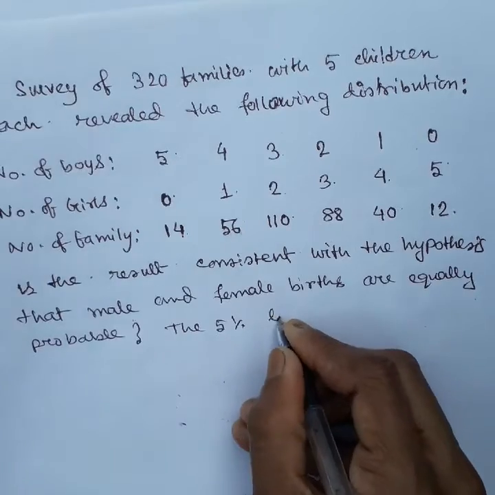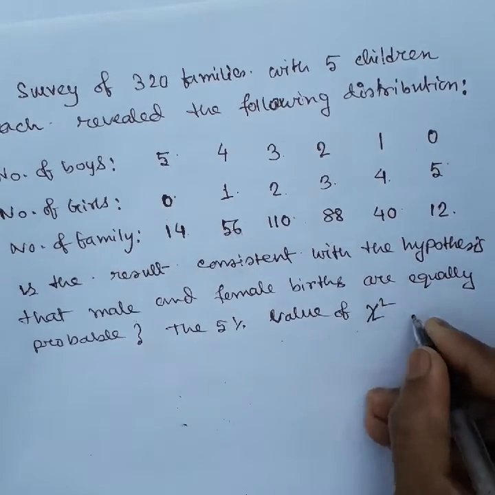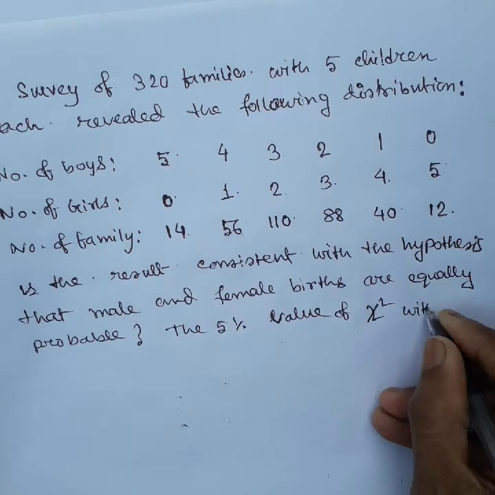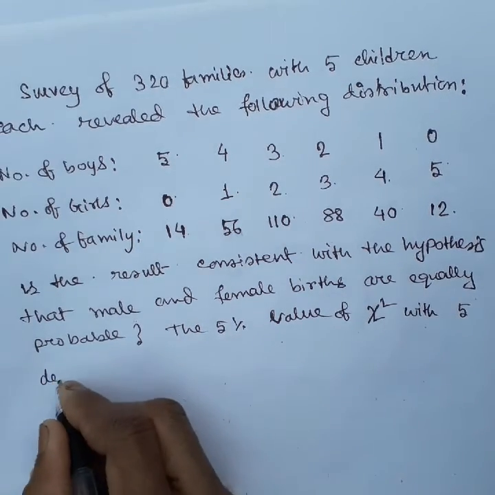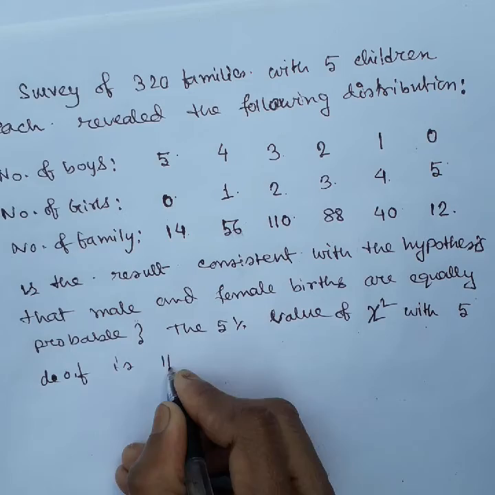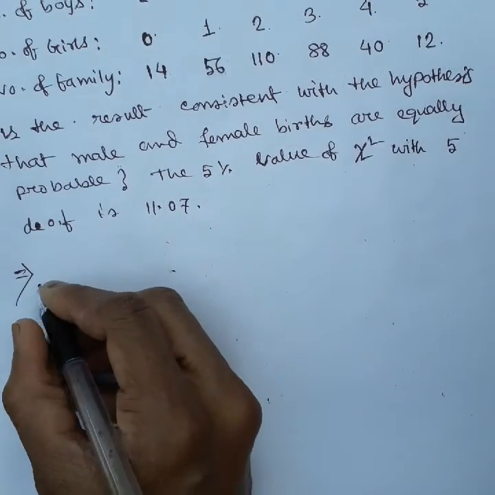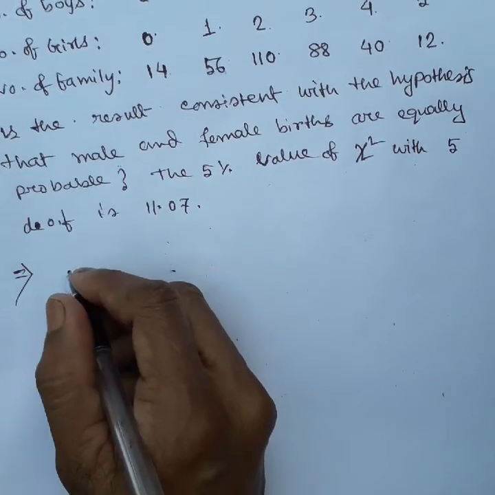The 5% value of chi-square with 5 degrees of freedom is 11.07. Okay, so here